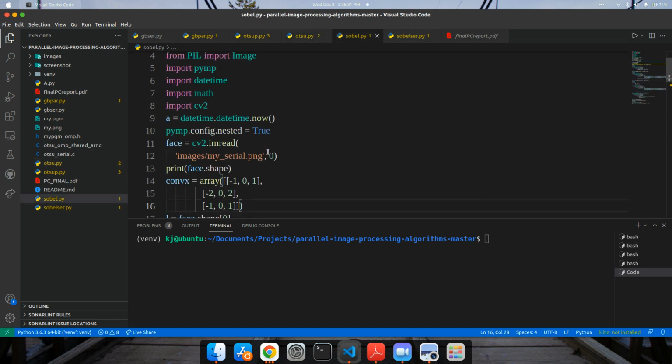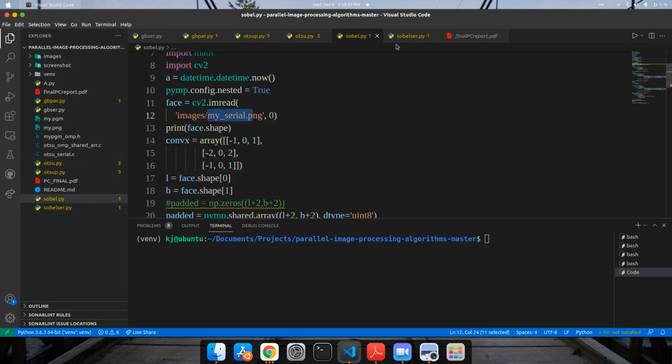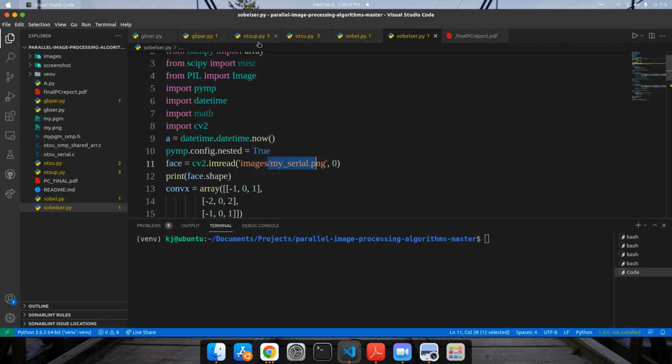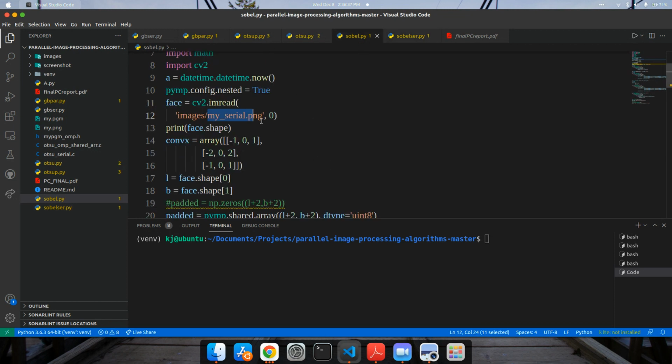I've used the same in every Sobel detection, because the Gaussian blurring algorithm masks the noise, so that we can get a better image in less computation time.